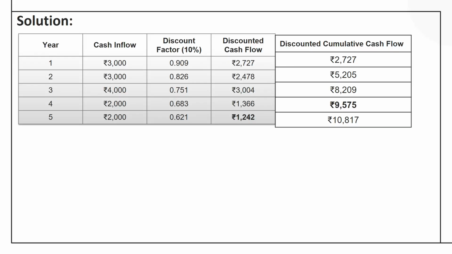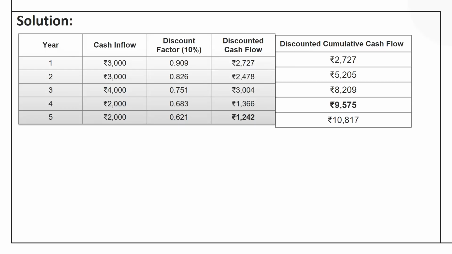We can also look at the pattern. The higher the length of the period in which cash flow is being generated, the lower the present value of the cash flow. So, here we will prepare a discounted cumulative cash flow figure just as we have done in the previous problem. 2727 is the cash flow of the first year. Adding to it 2478, we get